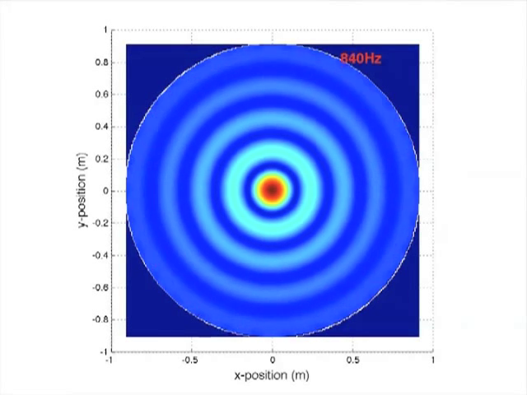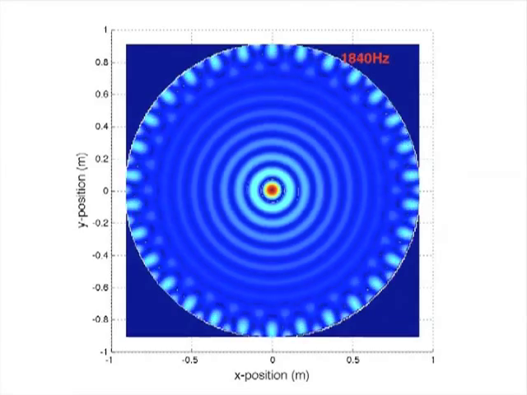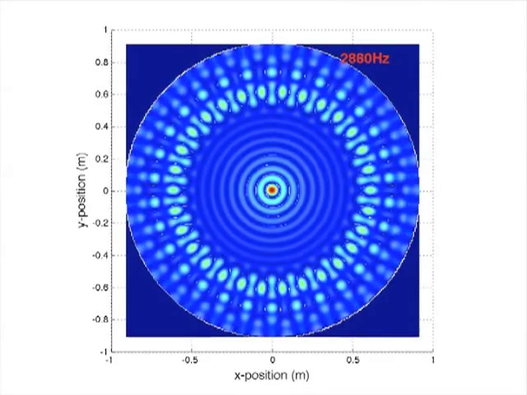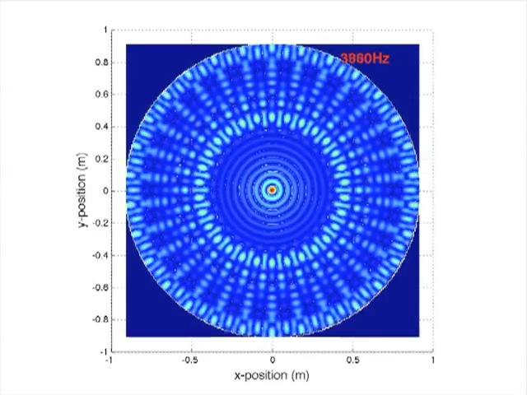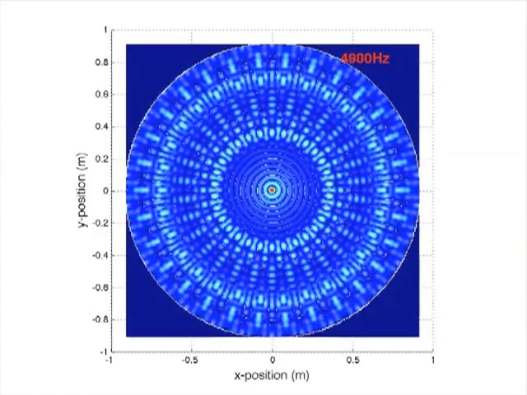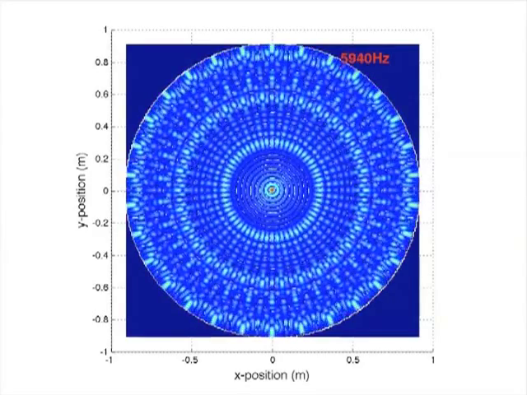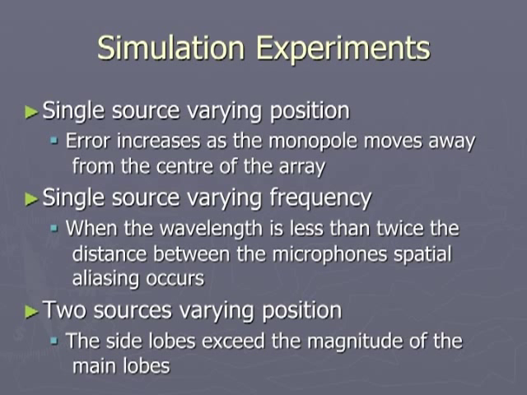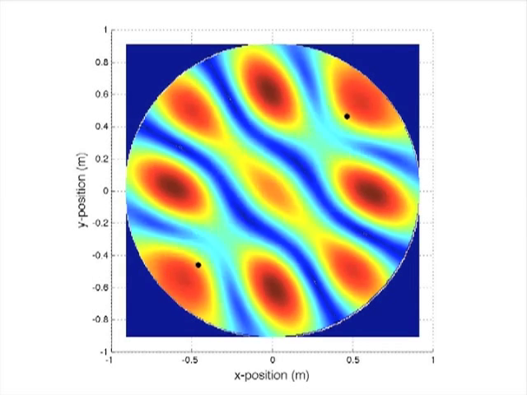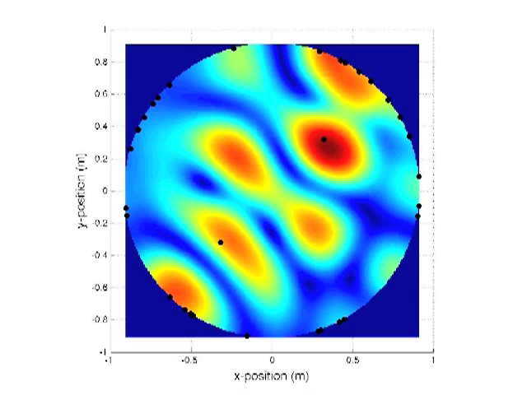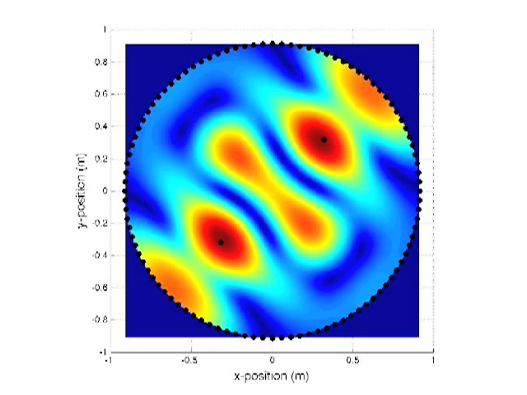When the wavelength is less than half the distance between the microphones, spatial aliasing occurs, as indicated by the onset of ridges. Our sampling rate is 40 kHz, therefore, the Nyquist frequency is outside of the auditory range. Here we show two monopoles separating, which illustrates the inability to directly determine the locations of multiple sources. Also, we have taken snapshots from the previous demonstration with two different microphone configurations. The random configuration results in much worse source maps, and when we increase the number of regularly spaced microphones, there